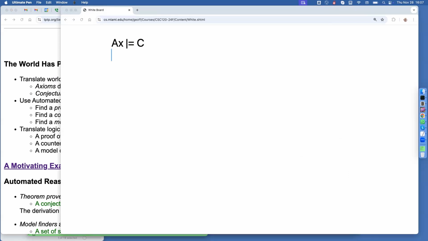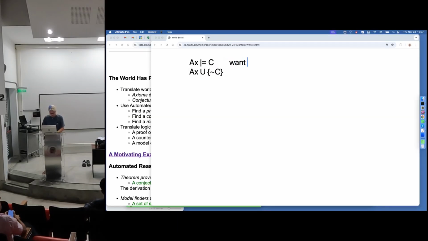But we convert that to axioms union negation of the conjecture, and here we want to show it's a contradiction,